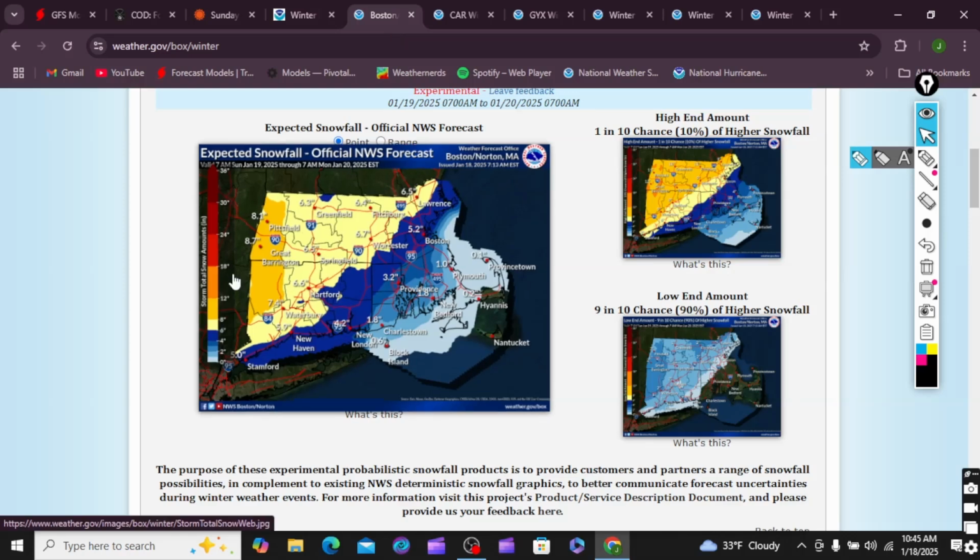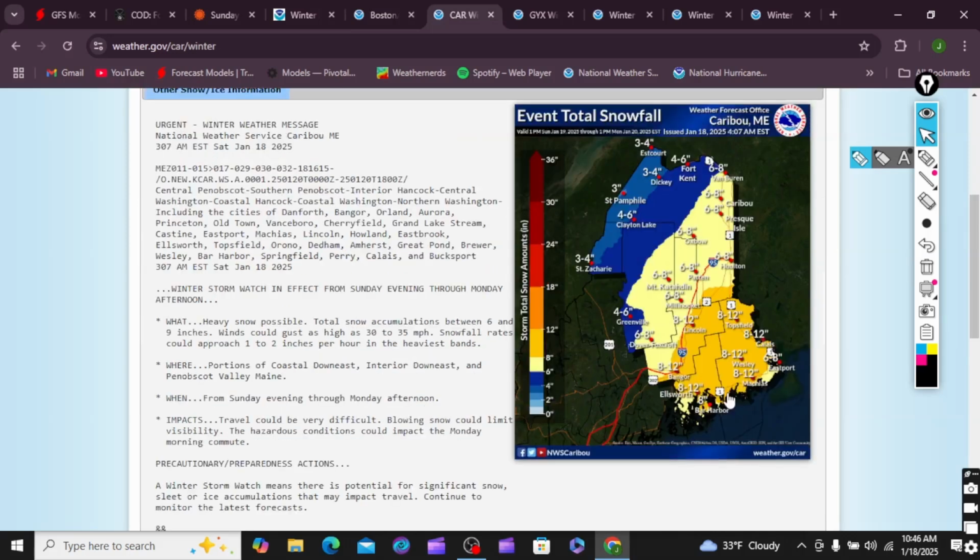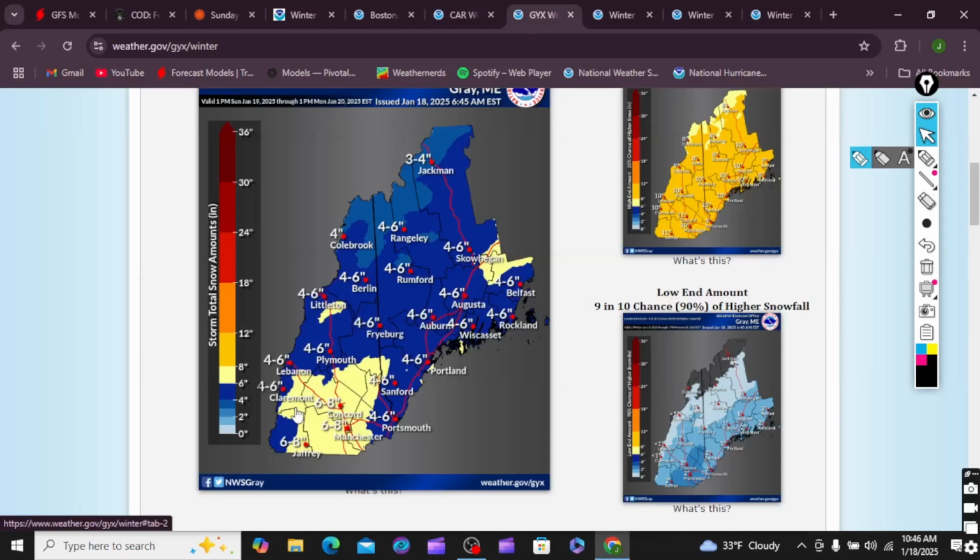Okay, we look at Maine here. This is generally 8 to 12 inches. I think this is pretty fair too. This is for the upper part of Maine, and then this is the lower part of Maine, 4 to 6 generally around these regions.